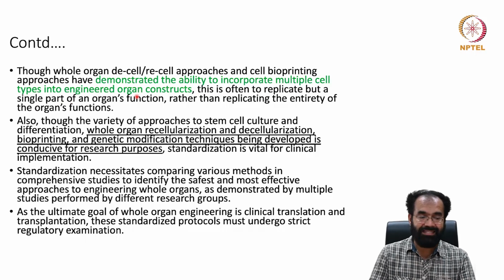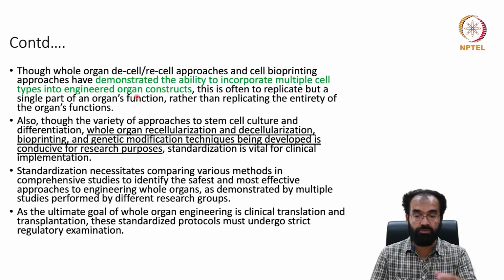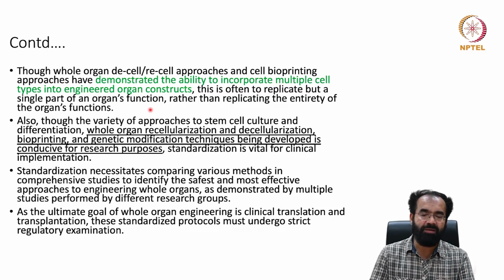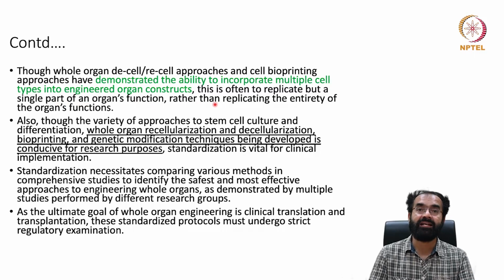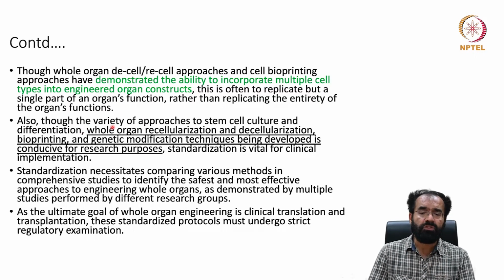Now it is possible that you can incorporate multiple cell types into the cultured organ. This is often to replicate but a single part of an organ's function rather than replicating the entirety of the organ's function. It becomes a little difficult. A part you can deal with. Also, though the variety of approaches to stem cell culture and differentiation, whole organ recellularization and decellularization, bioprinting, and genetic modification techniques being developed is conducive for research purposes,